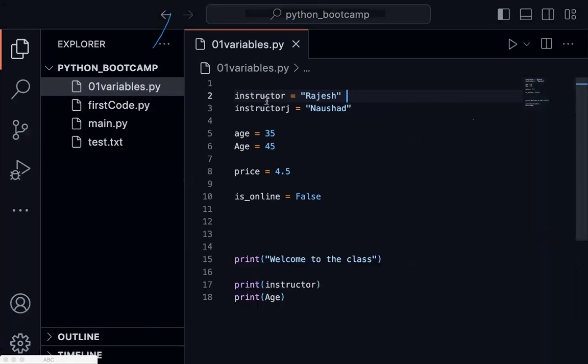So just a few seconds back, I was telling you that Python will understand this as a string because it is in double quotes, this as an integer because it is a whole number, and this as a float because it has a decimal point. Now, to understand what kind of data type it is, without blindly figuring out the logic,